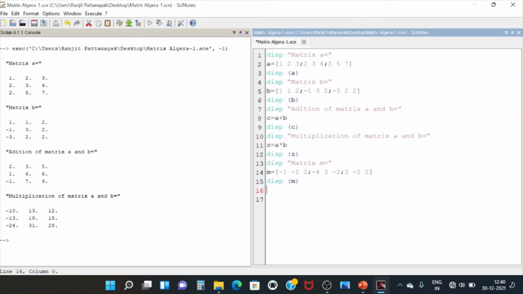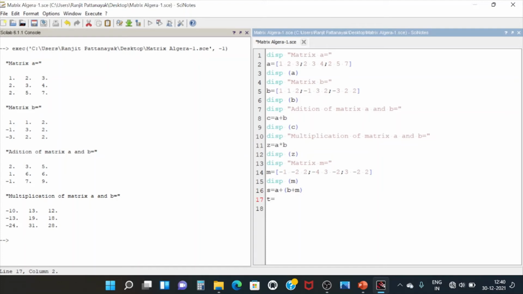We have to define another matrix, suppose S. S is another matrix, the value of A plus, sorry, A plus B plus M, and T. Suppose T is another matrix we have considered.